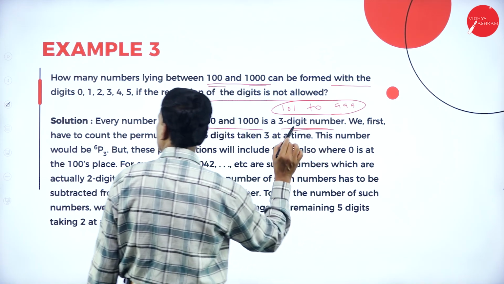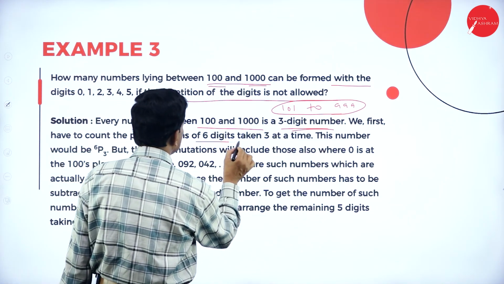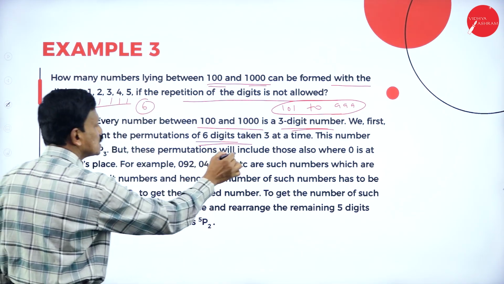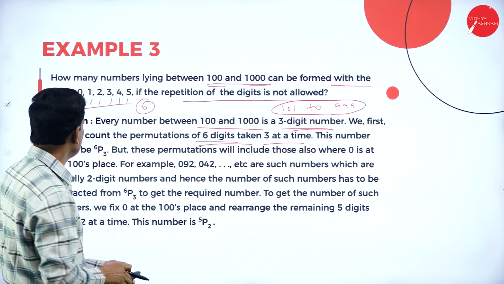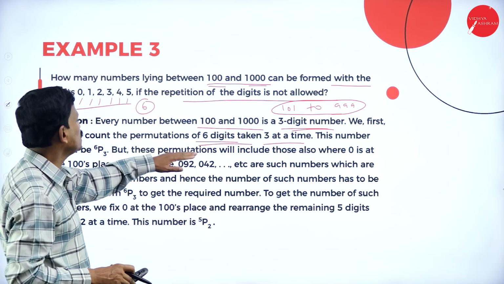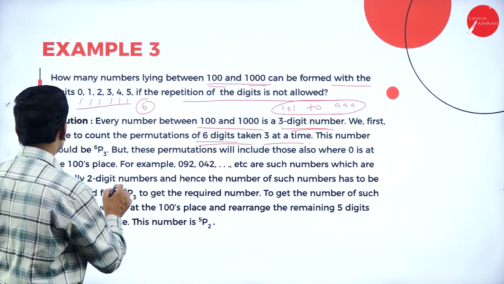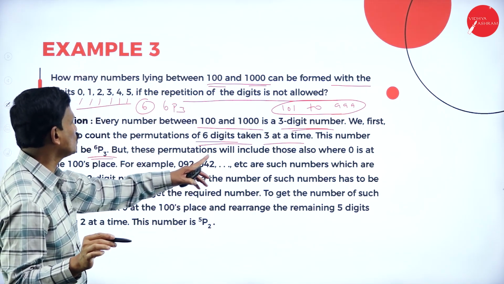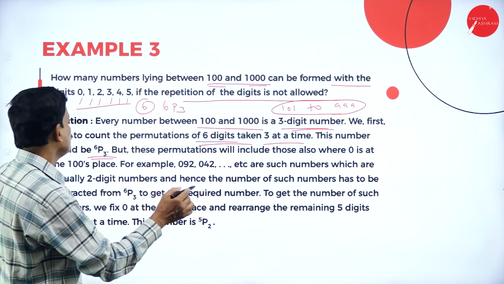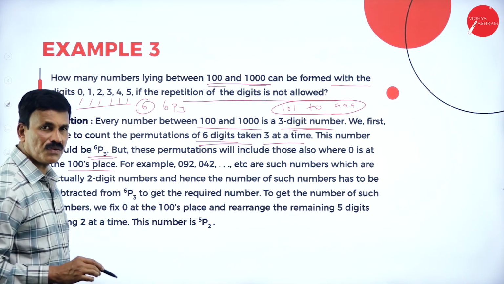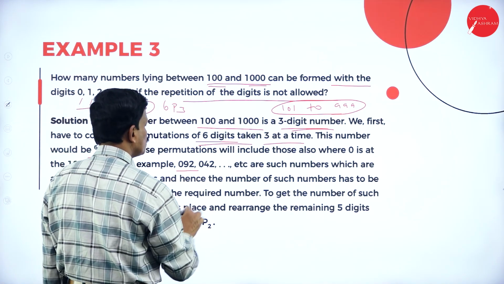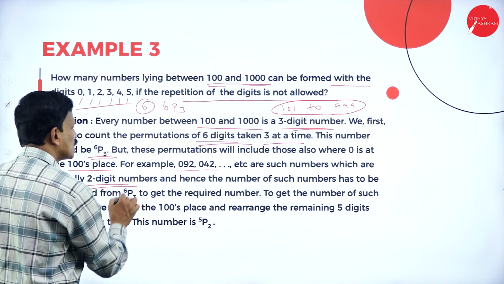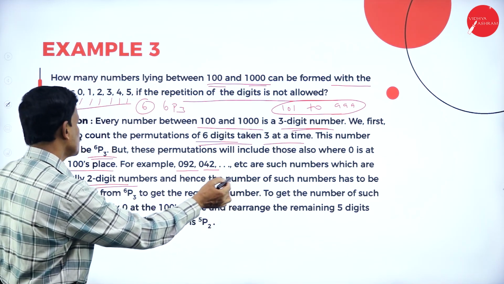We first count the permutation of 6 digits. How many digits are there? 1, 2, 3, 4, 5, 6 digits. So these 6 digits taken 3 at a time. The number will be 6P3. But this permutation will also include those where 0 is at the hundreds place, for example 092, 042, etc. These are actually 2-digit numbers,